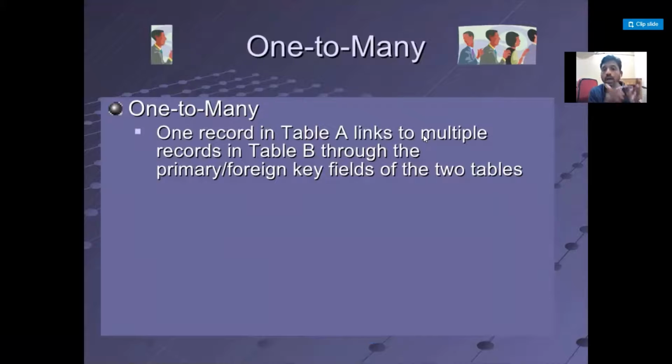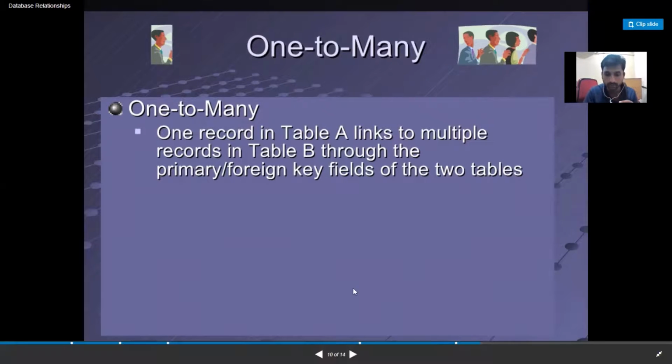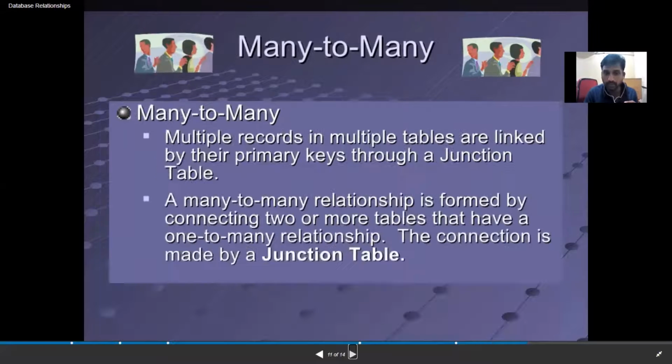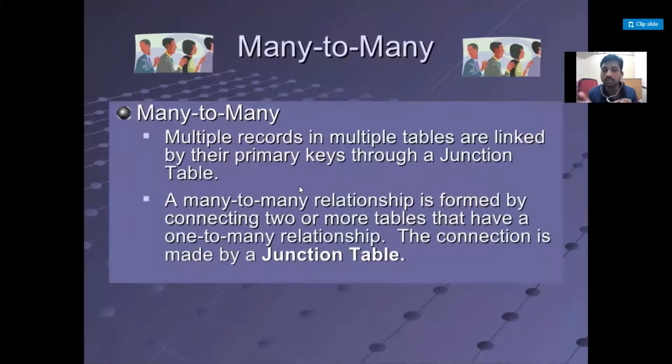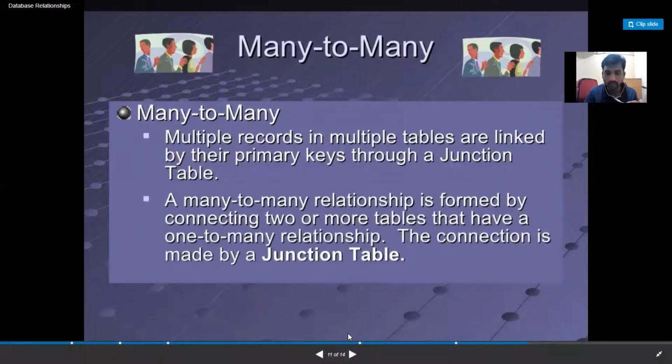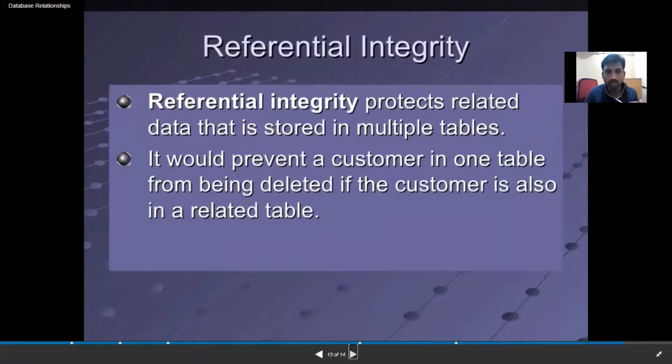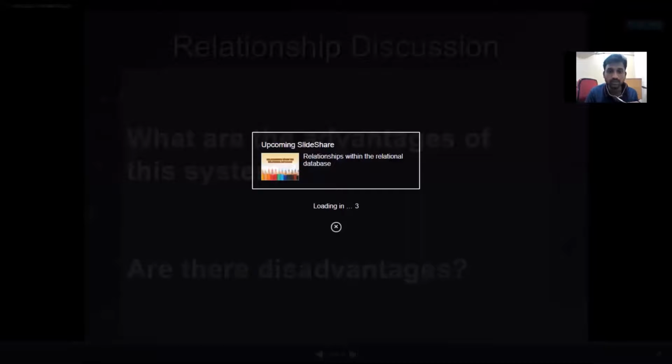One record has a link with multiple records of the second table, then it is called one to many. Next one is many to many. Multiple records of the first table are linked with multiple records of the second table with the help of the primary key, then it is called many to many. One more is there. See, that is the one to one relation.